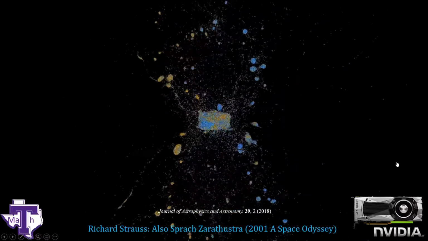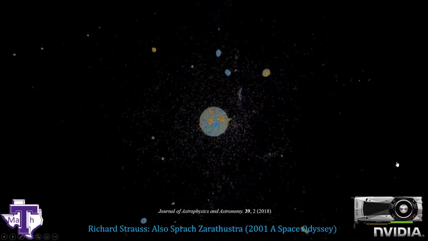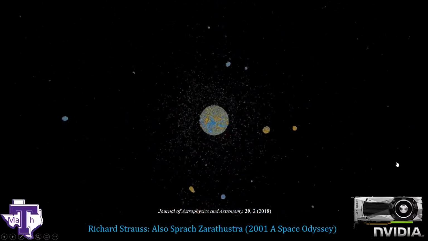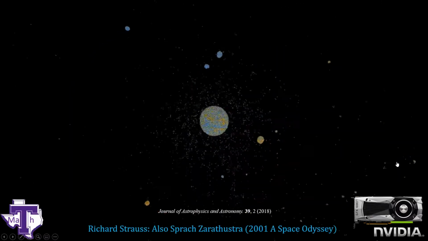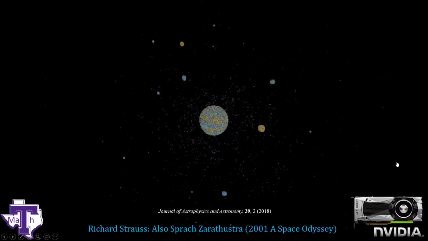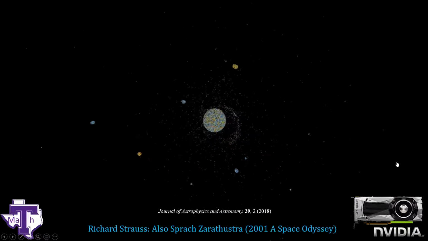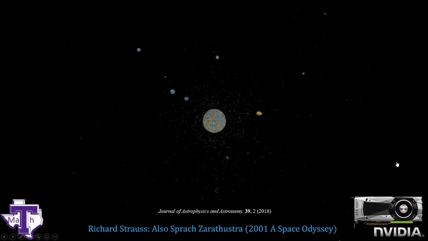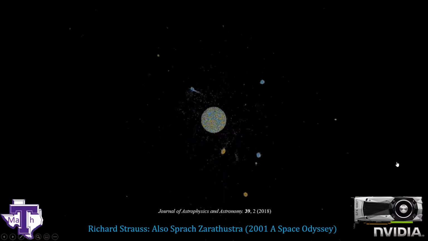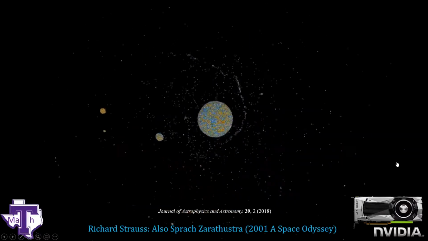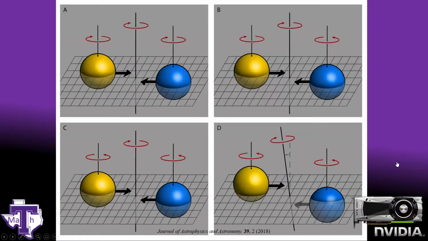It basically exploded like we thought, but there was enough material slung into orbit that a moon could form. And if you notice, the material that's slung into orbit is both blue and orange, so it means it came from both impactors. Now, we didn't quite get enough material slung into orbit, and so what we did next was